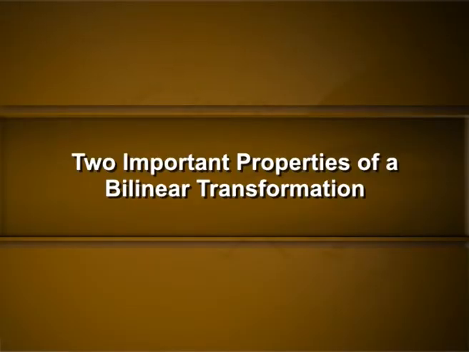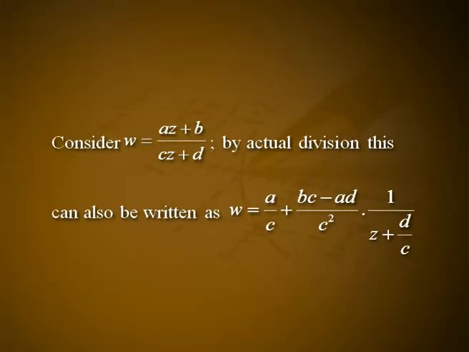Two important properties of a bilinear transformation. First one, a bilinear transformation maps circles into circles. Consider w = (az + b)/(cz + d). By actual division, this can also be written as w = a/c + ((bc − ad)/c²) × 1/(z + d/c),